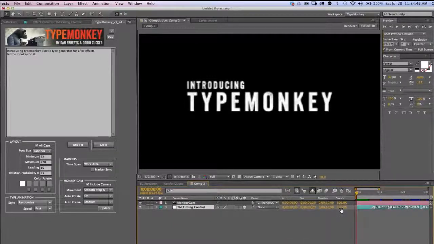You can globally adjust the timing of the entire animation by accessing the time stretch panel and adjusting it as you would any layer. But here's the cool part. Since the markers are dynamically linked to the control layers and the camera, all you have to do is slide the markers and the timing of the type and the camera will adjust along with it. Simple. I'll just adjust the timing between TypeMonkey and Kinetic Type Generator